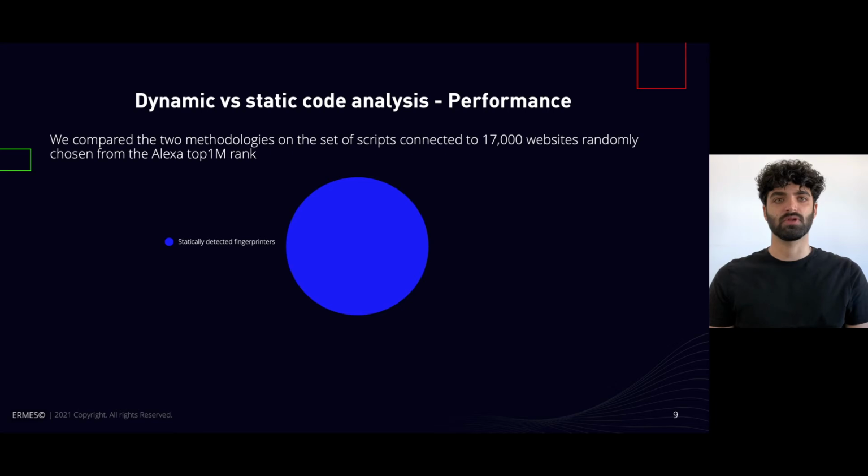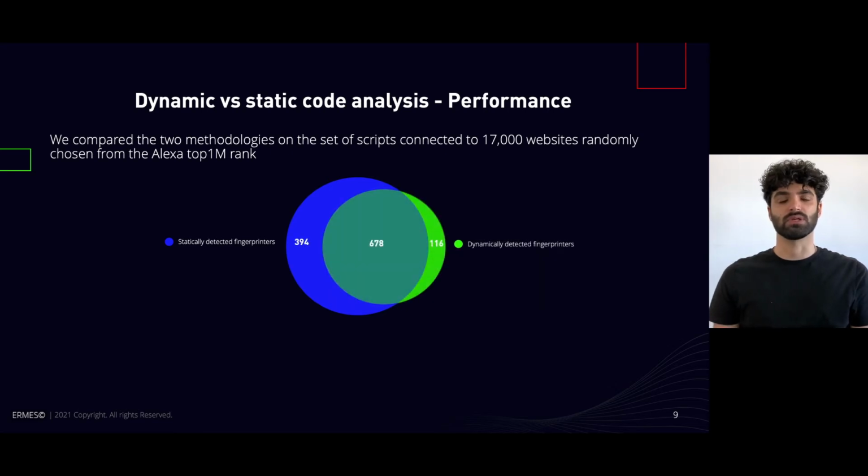And as we can see from the figure, both methodologies agreed on classifying as fingerprinters 778 scripts, but then the static code analysis also identified as fingerprinters 394 scripts, which were identified as non-fingerprinters by the dynamic code analysis, while on the other side, the dynamic analysis labeled 116 scripts as fingerprinters, while the static